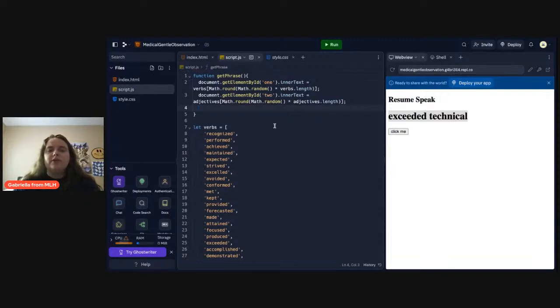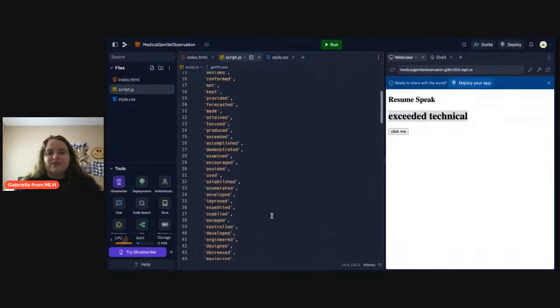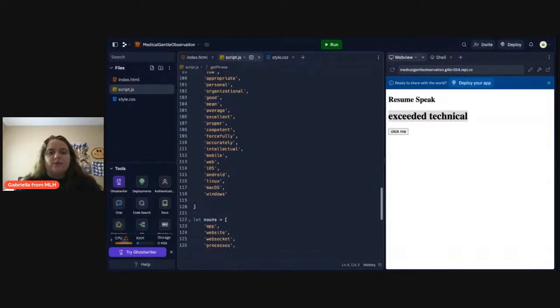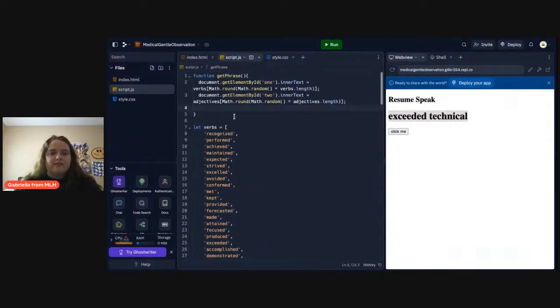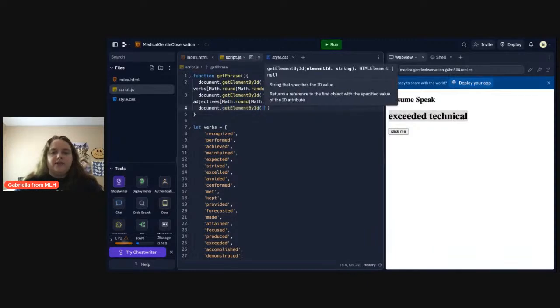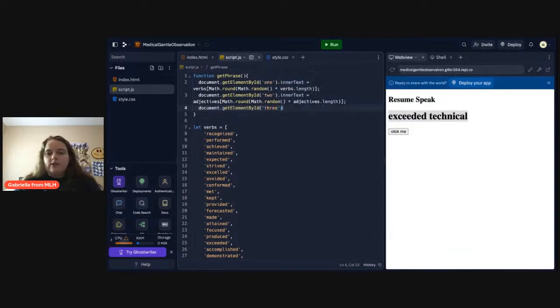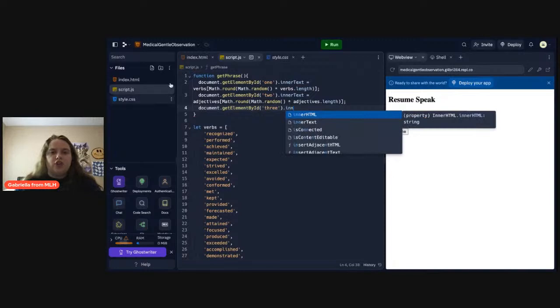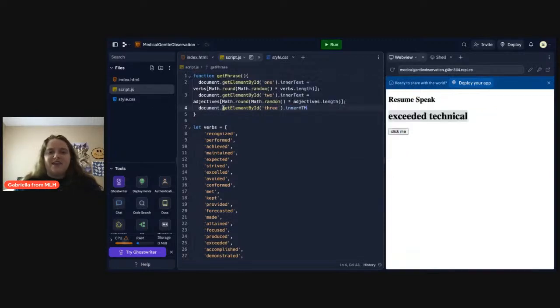So finally, what we're going to need to do to display the last word is add a noun at the end. So we'll do document dot get element by ID again. But this last time, we're going to be accessing the third element. And then we're going to change the inner text